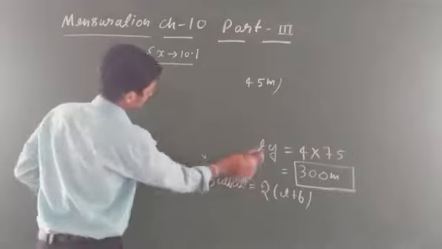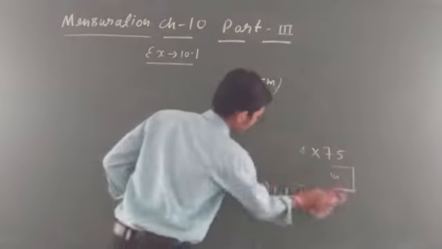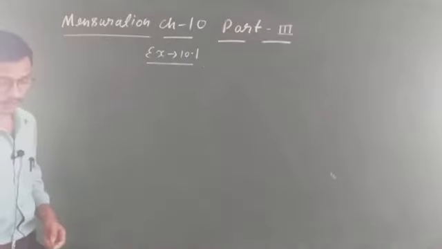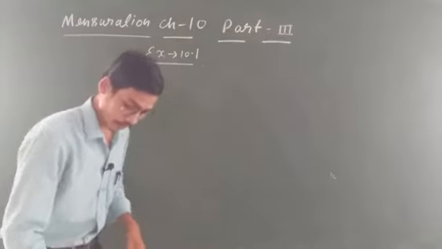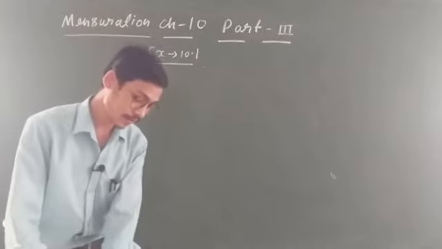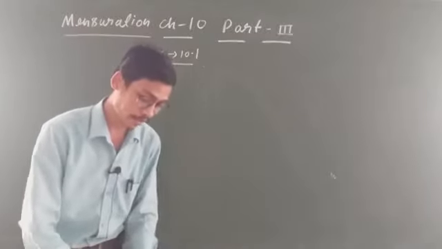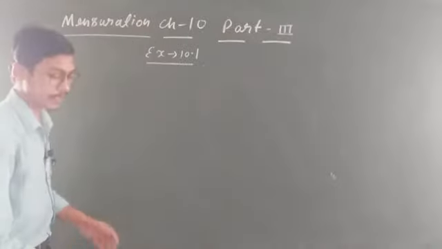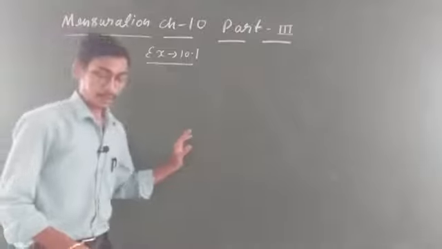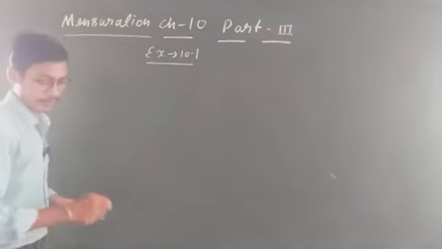You have to find out the total distance. Student, you have to find out the perimeter. Clear? Okay. Now the next question: what is the perimeter of each figure? Question number 16 is very easy. You will do it yourself. The diagram is given and you have to find the perimeter. Exercise 10.2 you will also do yourself based on the diagram. So try to do it yourself. Now exercise 10.3.